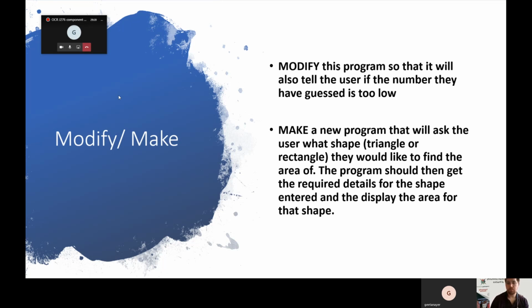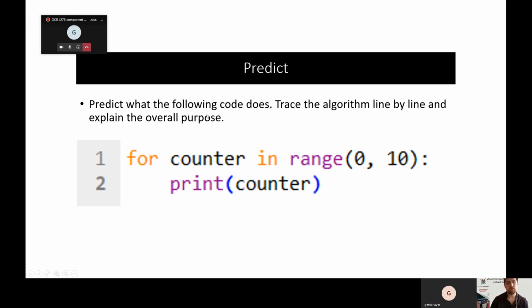Okay. So then, once we've done with selection, I'd then move on to work on looking at some loops. So I'd give them something along these lines. So introducing a for loop to begin with. So introducing them to the term count controlled loop at this point, so they understand that it's a loop that's